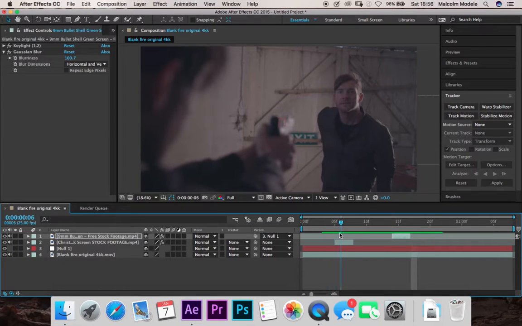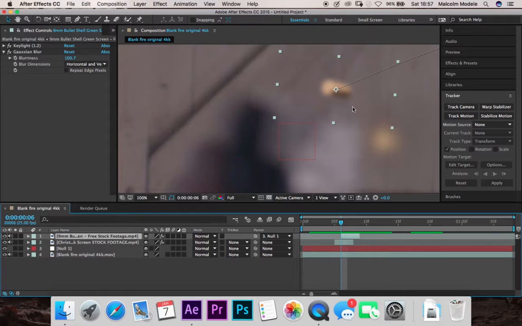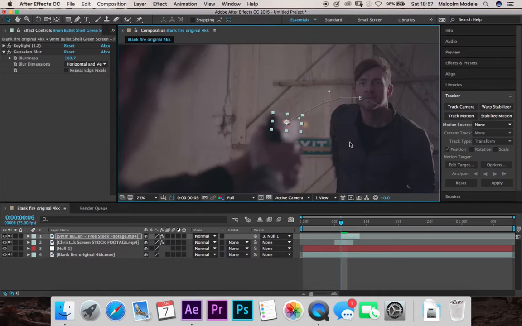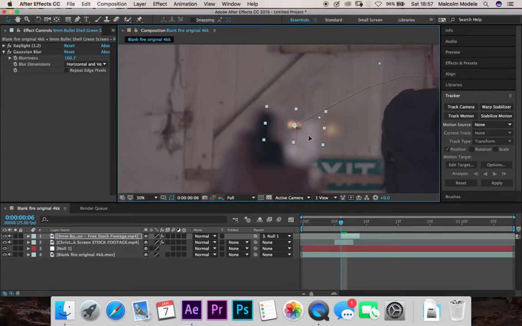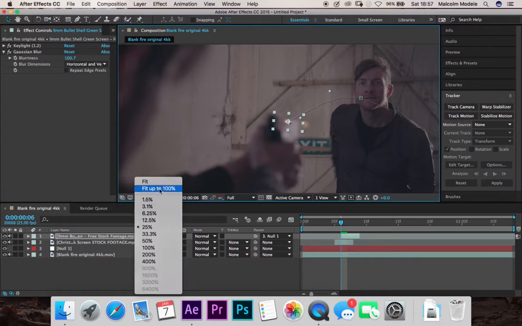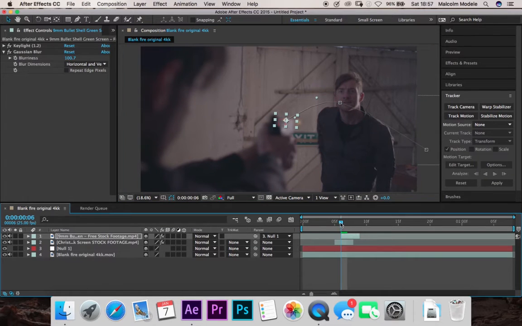Okay, so now we need to add it at the time of when it goes off, which is going to be about there. So if we drag this across, now what we should have is a flash and an ejection round leaving. Because we've moved it, guys, sorry, our start point needs to be back down there. Okay, so that should be done now with the first ejection round and muzzle flash. So if we go to play at the beginning,